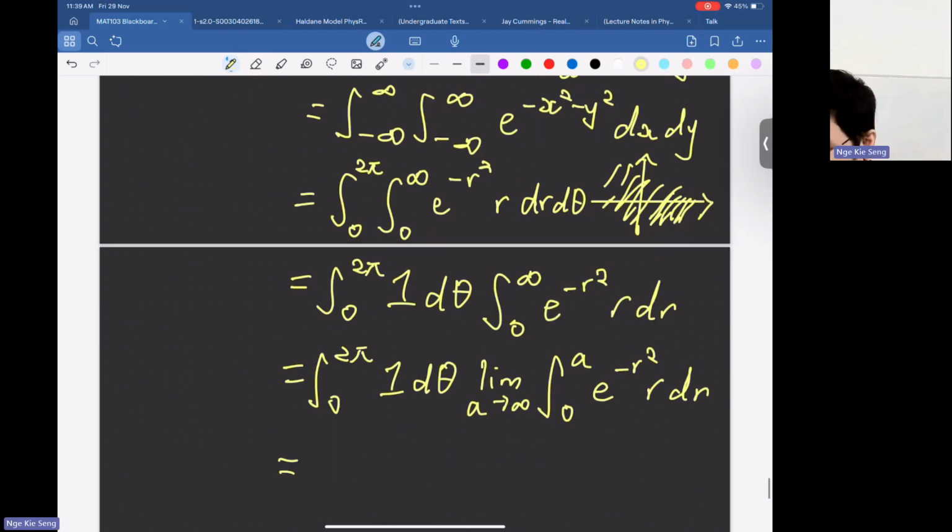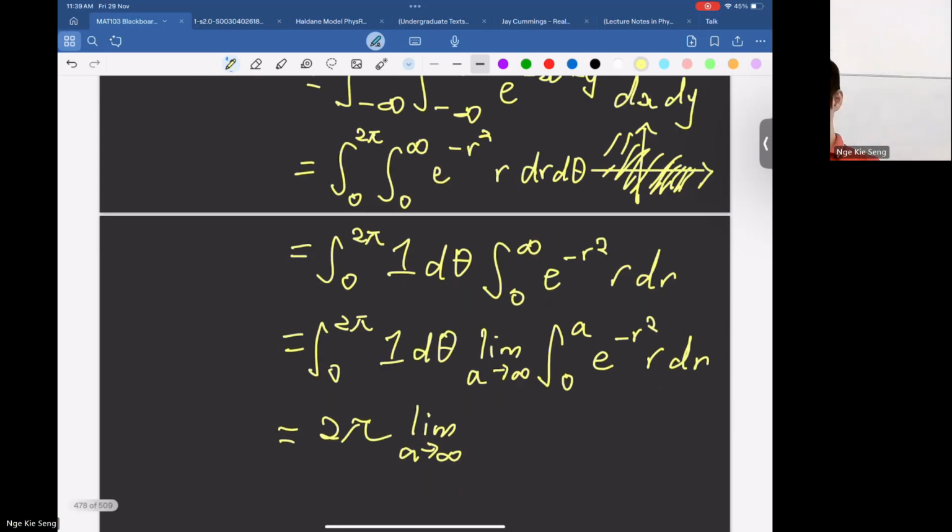Okay, so on one side you get what? 2 pi. On the other side, after you do integration by substitution, what do you get? Negative... minus r squared, right? And then going from 0 to